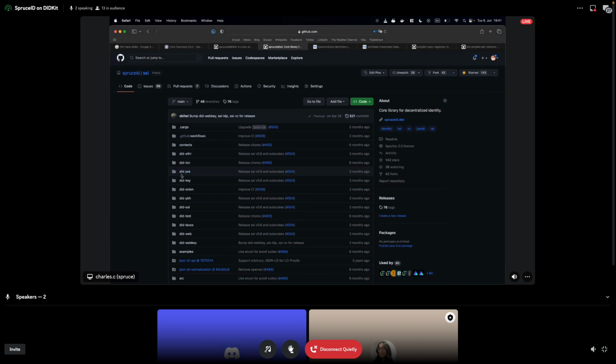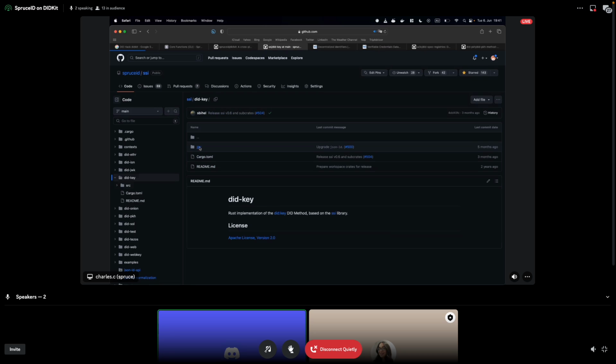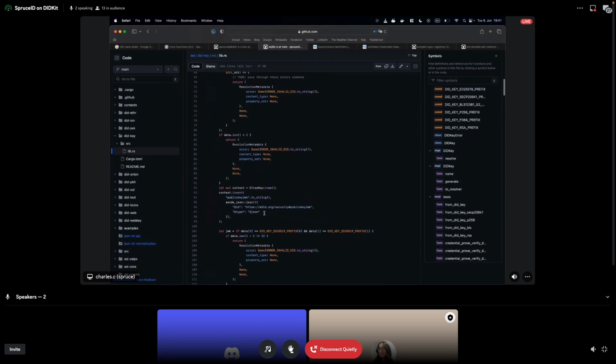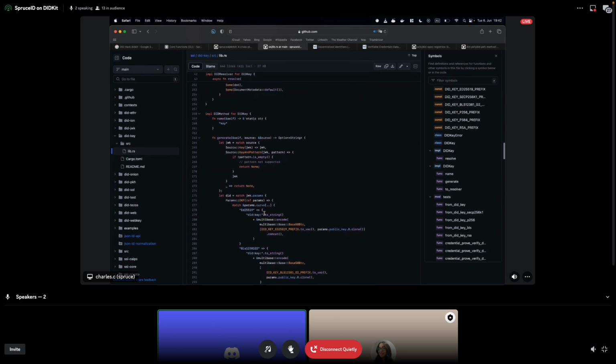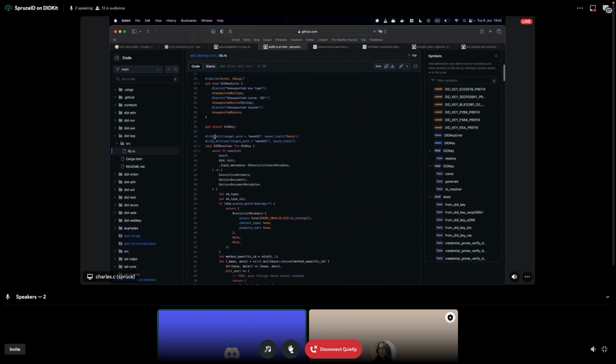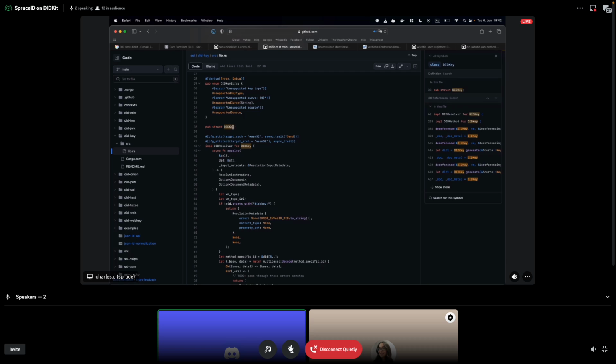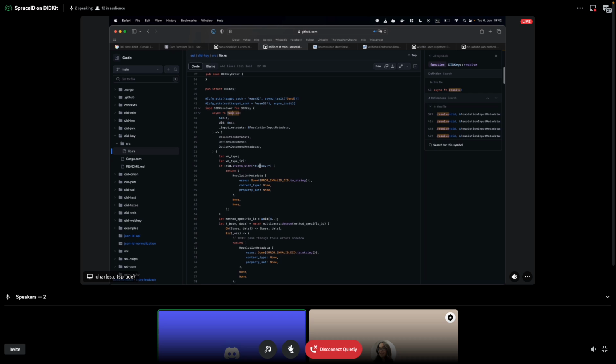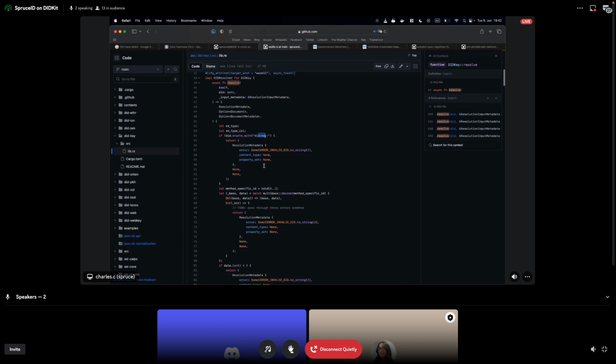I will show a very quick example. DID key is a better example, the DID key method I used earlier. This is very verbose, but here you can see we define DID key. Again, DID key is so simple that it doesn't even need to contain anything. It's just a completely empty struct. We implement resolver, and all we do is check that it starts with key, and then we decode the key from base 64,